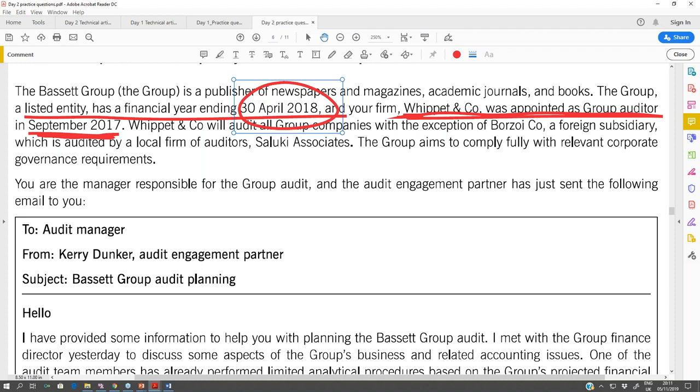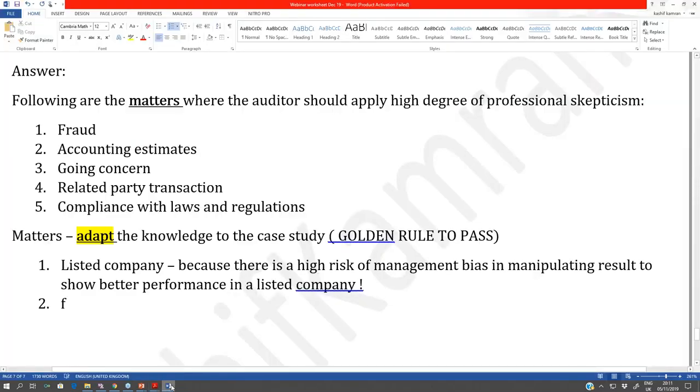The year ending is 30th April, right? I'll start the audit after the year end. But I was appointed in September 17, right? So will this be my first year audit for Bassett? And do you believe when I'm doing the first year audit, I need to be more skeptical? The first year audit requires us to be more skeptical, right? So see how I picked that this is my first year audit. So first year audit, need to be more skeptical